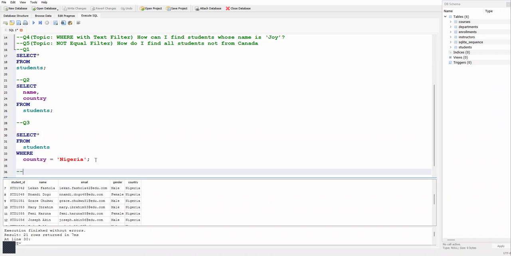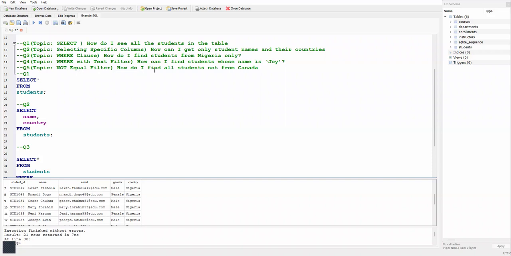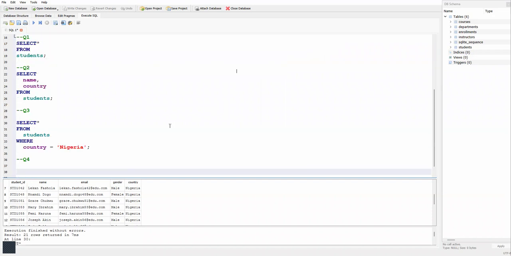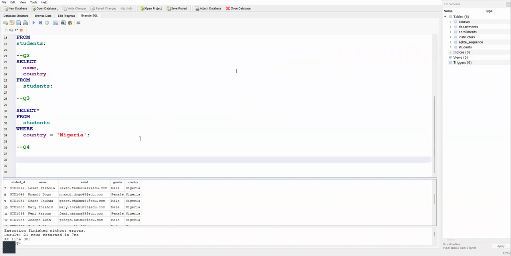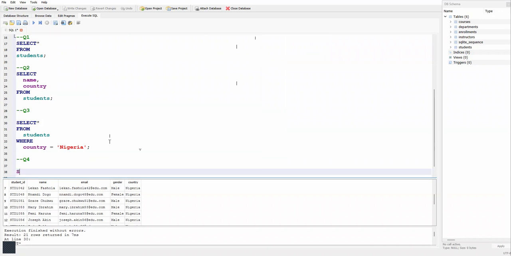So the fourth question now, Q4. The question is, how can I find students whose name is Joy? In this case, you want to find a student that is bearing the name Joy. So we're going to write our select again, select from the table